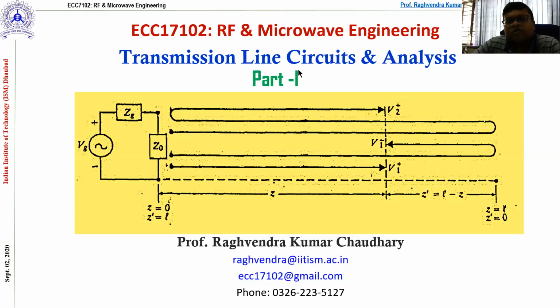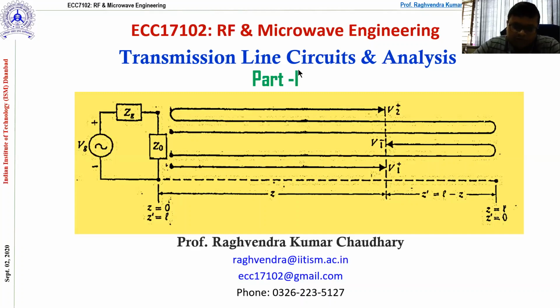It means that when the wave is incident from the source side and it reaches the load, it gets reflected if your load is not perfect, and that reflected wave again reaches the source. If that wave finds a mismatch, again there will be reflection. So that phenomenon we'll try to study today, and later on we'll see how we can realize the microwave circuits based on the transmission line, terminated basically as a capacitor or inductor.